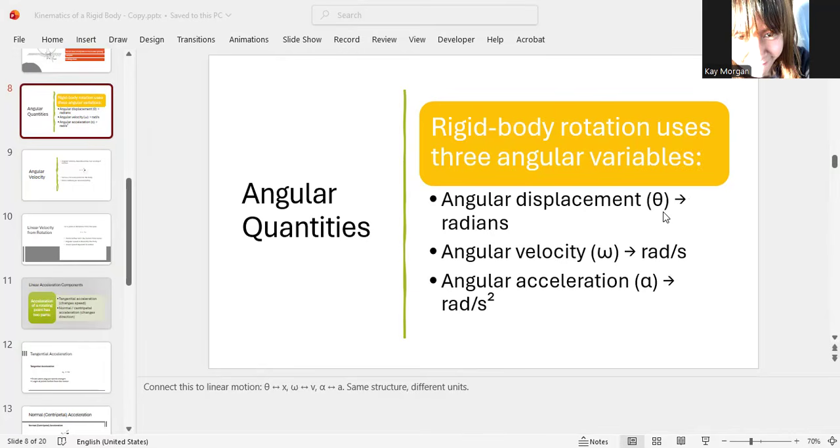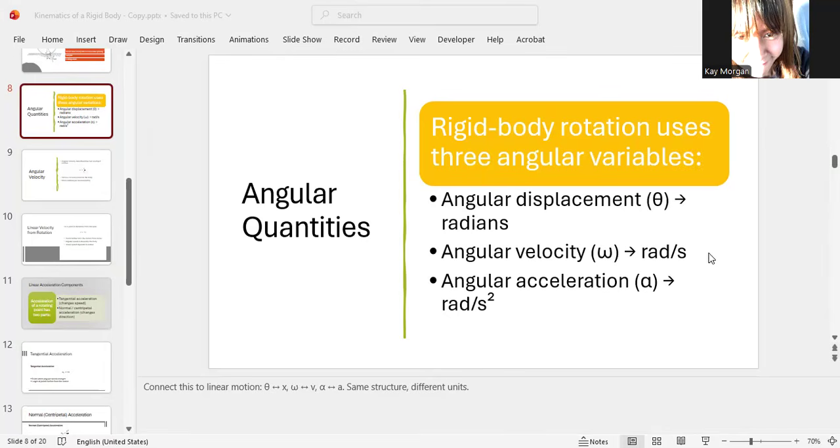So we call that the displacement. Since it is rotating, we put the name angular so you don't confuse it with linear displacement. Every time we say angular displacement, your object is in rotation, and we use theta instead of x. You measure it in radians as your unit. That's not degrees. Radians are different, but it's just another unit type.